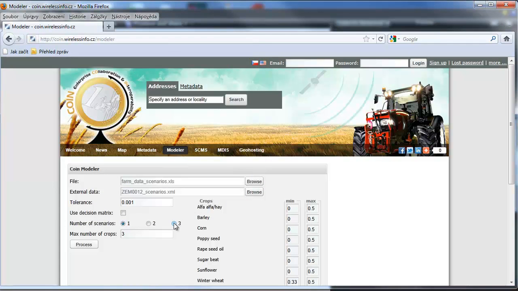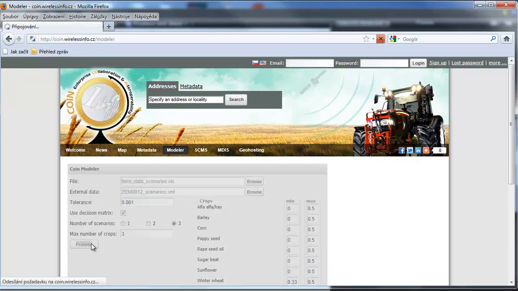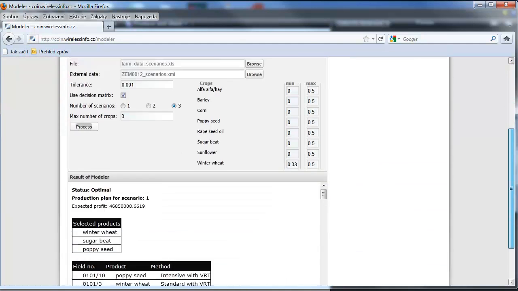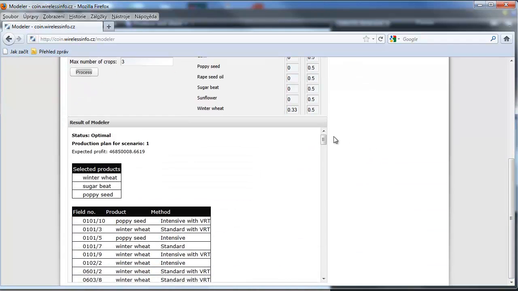We will set the number of scenarios and the use of decision metrics. Now let's hit Process. Okay, let's look at the results.